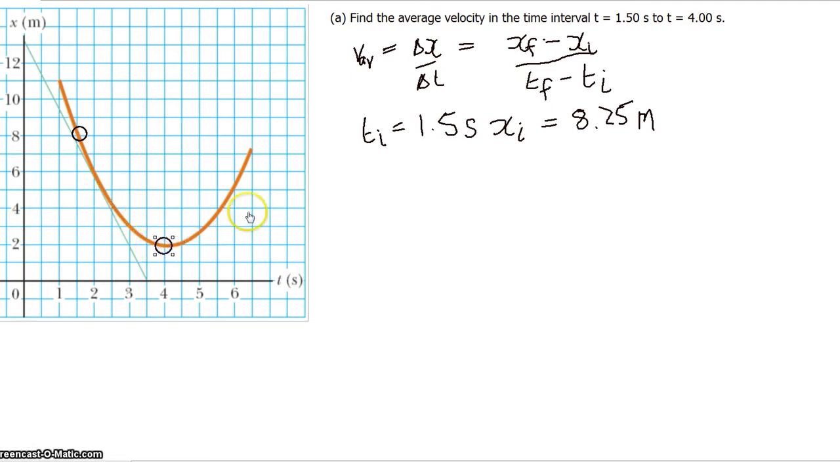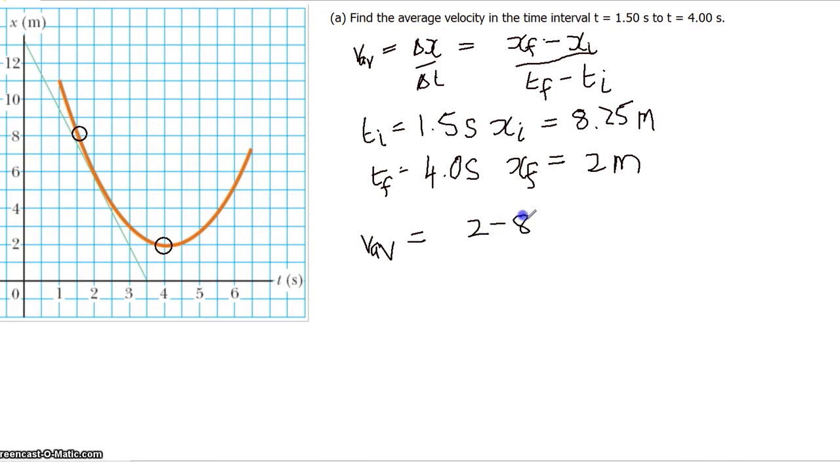Alright, when t is equal to 4 seconds, so tf is equal to 4 seconds, then the final position is equal to 2 meters. And once again, when you're reading off the graph, you have to make a reasonable estimate of what the value is if the scale's not fine enough. So now we've got the initial and final positions, the initial and final times, so we can calculate the average